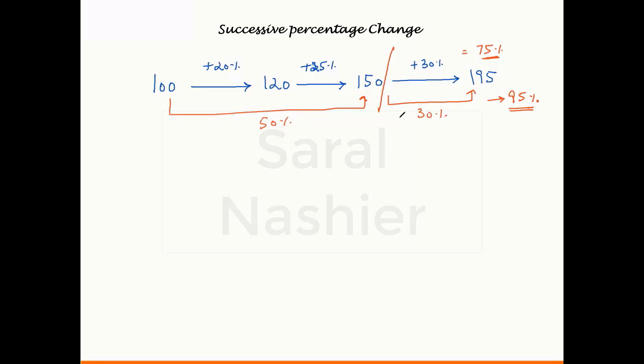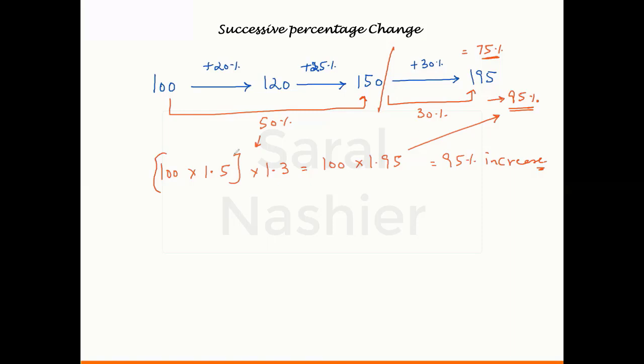So what we do in case of 3, first we take any two, the way we have taken 20 and 25 here. From those we get a change of 50%. So 100 has changed by 50%, that means it has become 1.5 times. And now this value has been changed by 30%. So it shows that the final value becomes 1.95. And this 0.95 tells you that there is an increase of 95% in the final value.